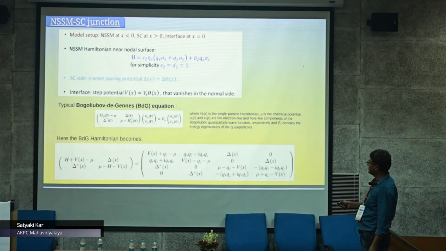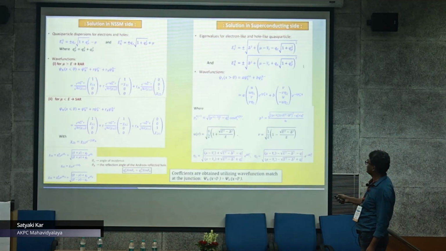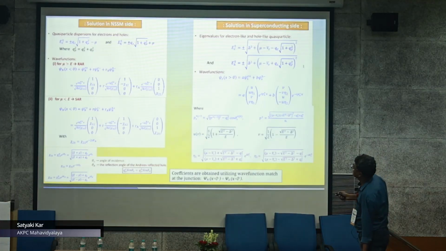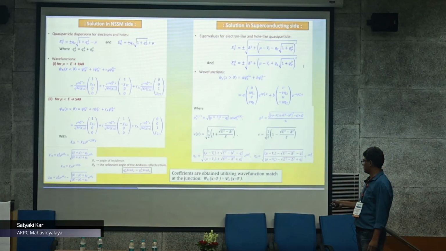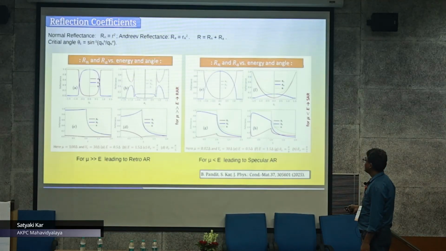We consider the BdG equation because we are dealing with both electrons and holes. These are the equations for two limits, where mu is very large and mu is very small. These are the wave functions, these are the dispersions, for the normal side and for the superconducting side. And then we got these things by matching the boundary conditions,